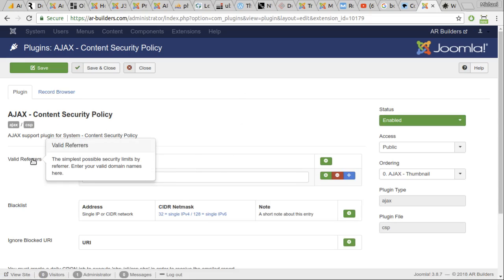If your site uses www and non-www URLs, you would put in 2 entries here. This site, I have the server configured to redirect all www requests to the non-www host name. So I only expect referrers to come from arbuilders.com. Now, the reason that I'm expecting referrers, that indicates I am expecting incoming data, is because